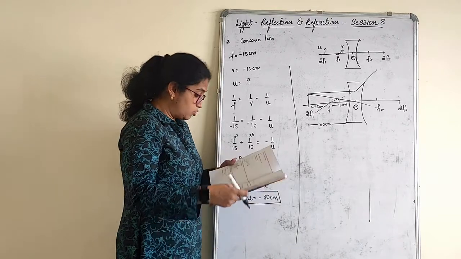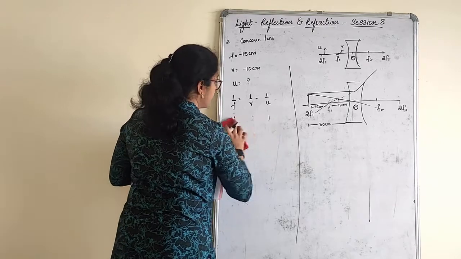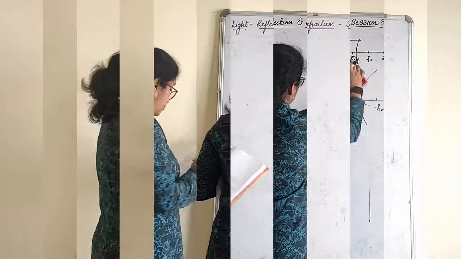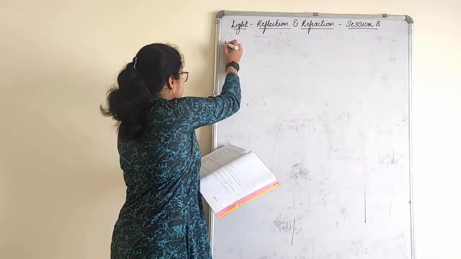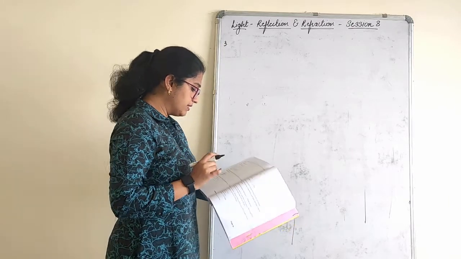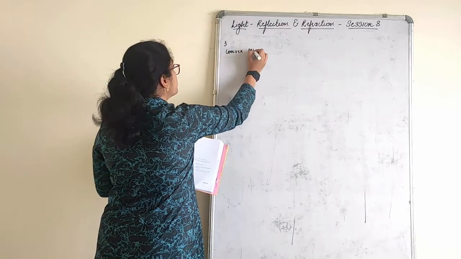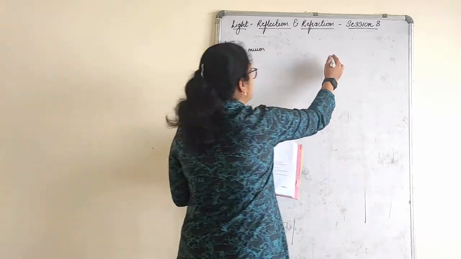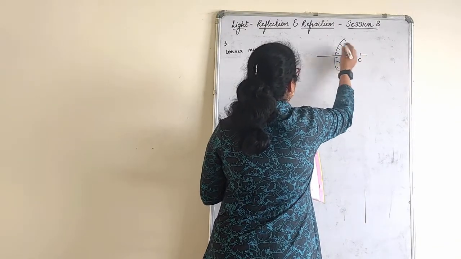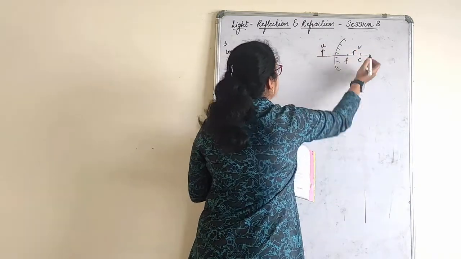We'll quickly go to the next one. The next one, I think that's the third one, the 12th one in the textbook. An object is placed at a distance of 10 cm from the convex mirror. So it's a convex mirror. Let me have it for convex. So this is your F, this is your C, this is the object and this is the image. This is U and this is V.